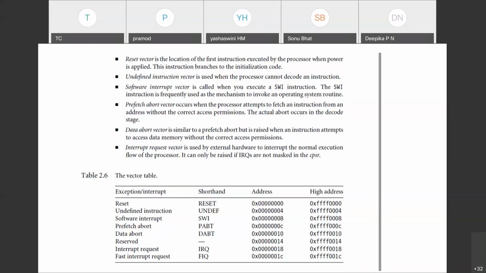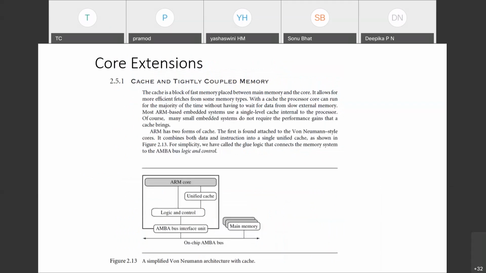How exceptions and interrupts should be considered in detail, we will study in the third unit. For understanding, you just say that these are the interrupts and exceptions available. We'll come back.